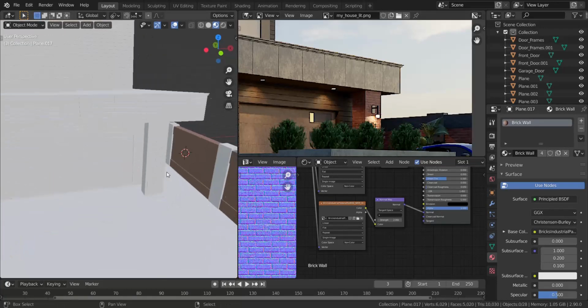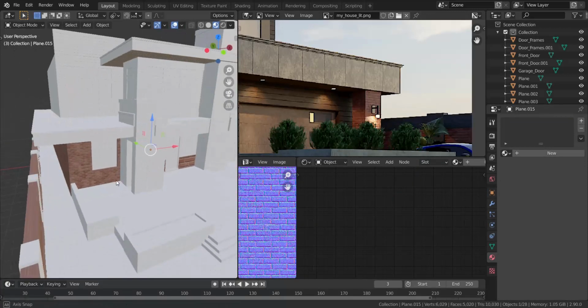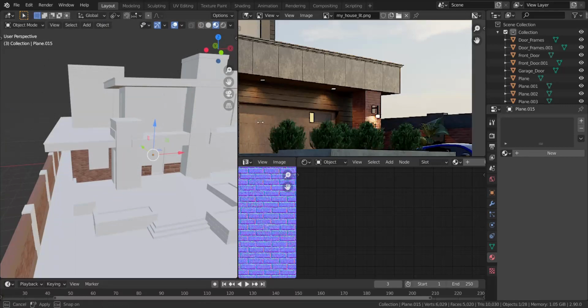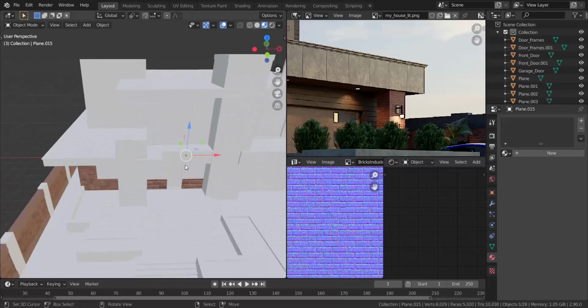You can see this pillar over here also has it. So make sure you do it for that one as well. And make sure you do it for every single one that has it, and you're good to go. Alright. So now we can move on to the next texture, which I think would be